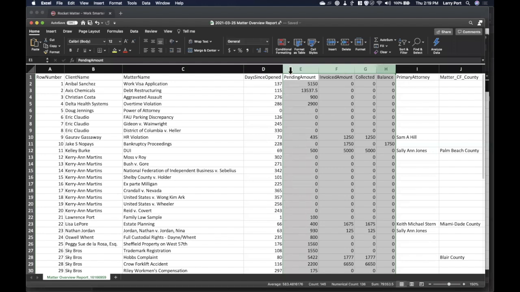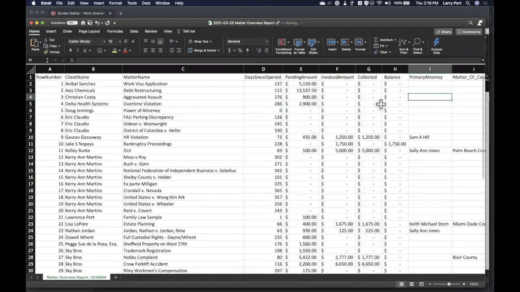And then I'm going to go up here to the dollar sign, and that says, okay, those columns are going to be formatted as numbers. So now I have accounting formatting, which means that the zeros are going to be represented as dashes. And there's all sorts of different formatting options. And then there's a dollar sign for each of these.